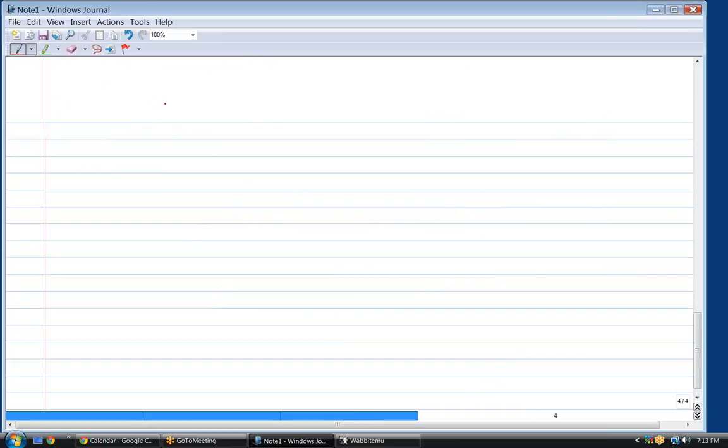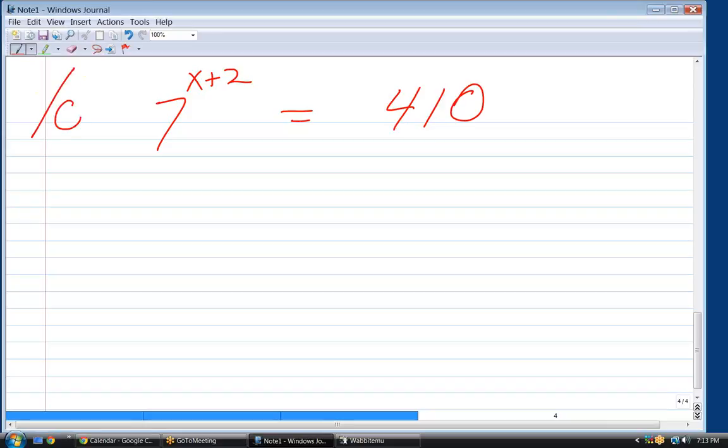7 to the x plus 2 equals 410. Okay? How do you want to solve this? Take the log base 7. Okay? What's the left side become? Log base 7, 410. Wait,